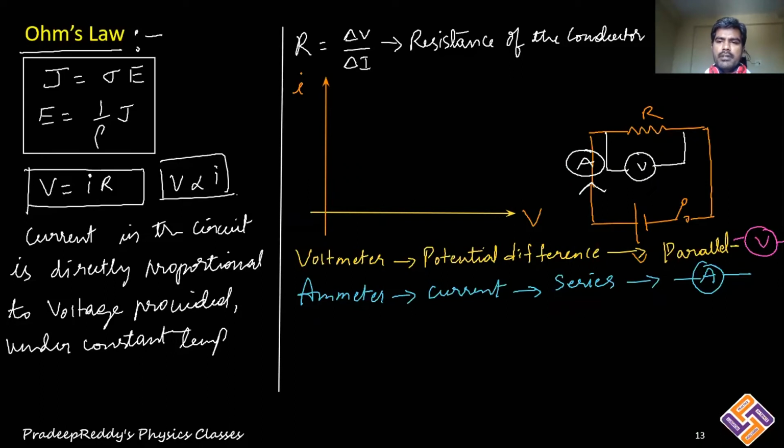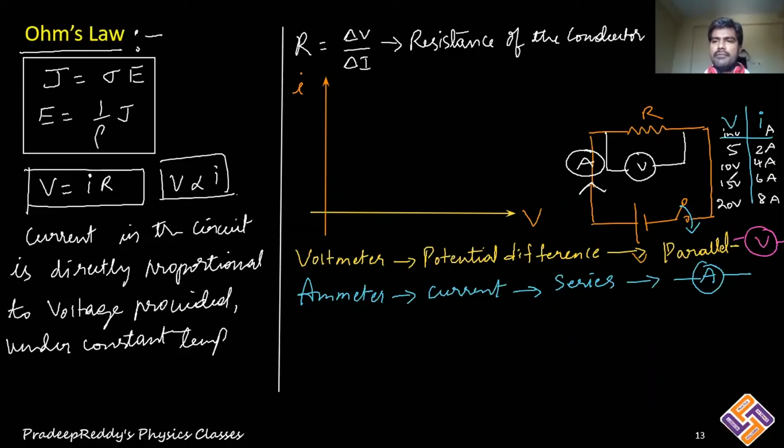Now clearly you can observe that when you switch on the tap key and measure voltage and current in the circuit, for example, voltage in volts and current in ampere, if you take 5 volt, you get some current as 2 ampere. If you increase this to 10 volt, you get 4 ampere. If you increase this to 15 volt, you get 6 ampere. If you increase this to 20 volt, you get 8 ampere. Clearly, you can observe that current in the circuit is directly proportional to voltage.